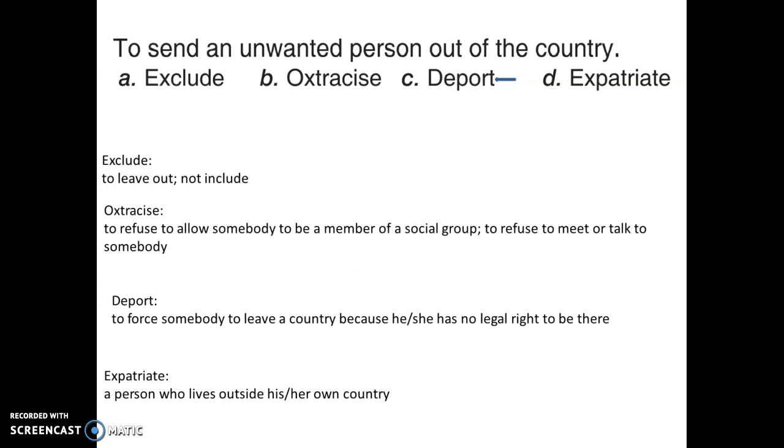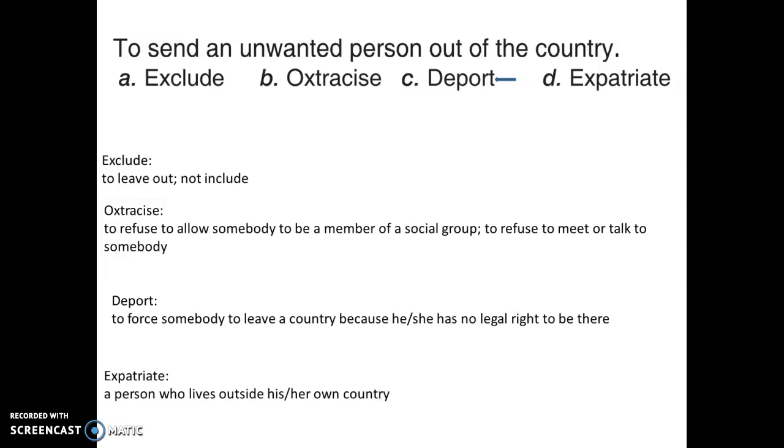To send an unwanted person out of the country. Exclude, ostracise, deport, expatriate. So I guess deport is the one you would think, because many people are deported out of the country because they are criminals or something. This was really obvious. Exclude is to leave out or not include, but it does not mean sending people out of the country. That is a really big thing. Ostracise is to refuse someone to be a member or to refuse to meet or talk to someone, but it is also not related to country. Now expatriate is related to country, but it is a person who lives outside his or her country on his own way. He is not actually deported. He is not actually sent out because he is unwanted. So deport is the